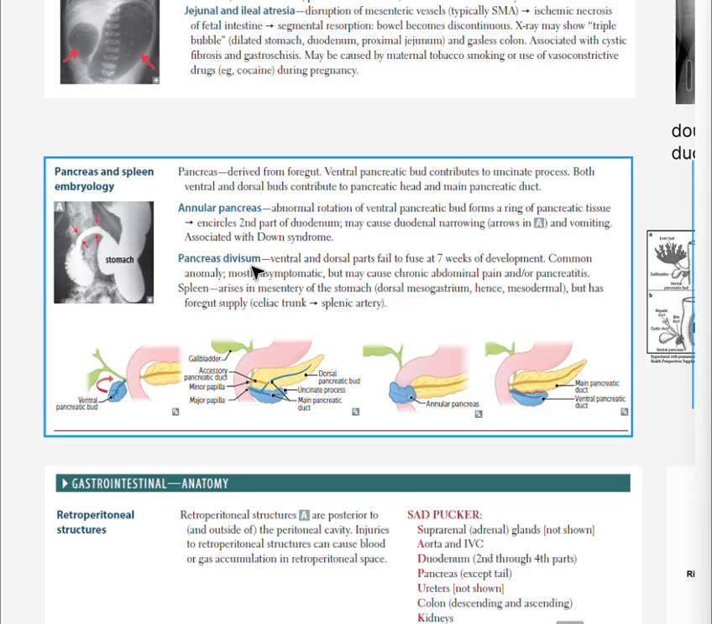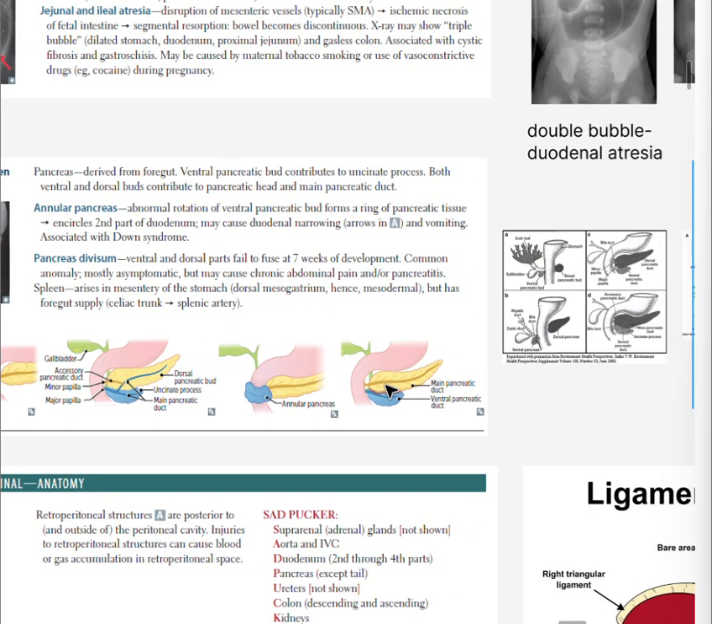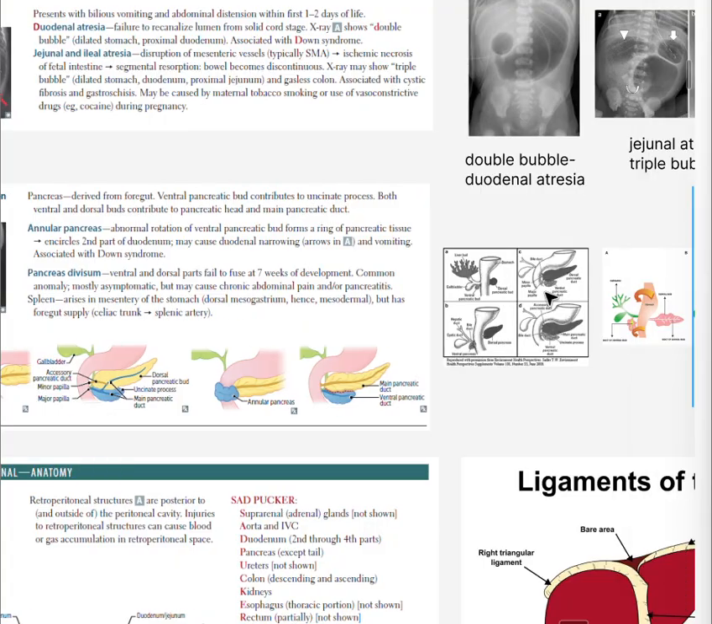Then we have pancreas divisum, which is very common, by the way. It's the most common congenital anomaly in the pancreas. It's when the ventral and dorsal parts fail to fuse at the 7th week of development. Very common, I told you, mostly asymptomatic, but may cause chronic abdominal pain and or recurrent pancreatitis. Now let's look at the spleen. Okay, when we come to the spleen,